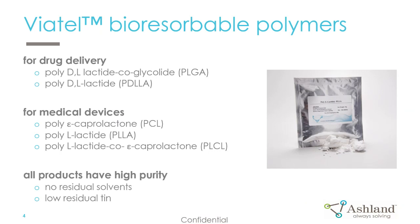Ashland supplies a family of bioresorbable polymers for drug delivery, medical device applications, tissue engineering, and the cosmetics industry. Today we're focused on drug delivery, so I'll mainly be talking about the amorphous copolymers of lactide and glycolide, so PLGA and PDLLA are the more commonly used ones. The reason for these polymers being used so commonly in the industry comes broadly from the compliance that's demonstrated, the safety associated with the polymer chemistry and how naturally it works with the body,